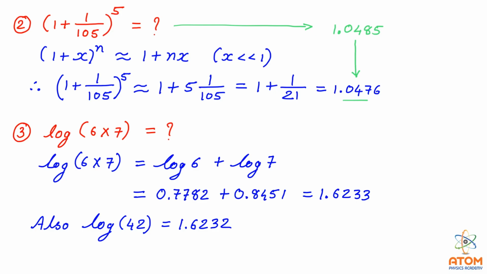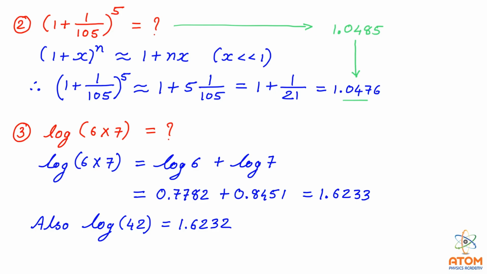But still, when we are solving any physics numerical and if we get this type of term, then it is better to go with this binomial theorem instead of going with the regular method, because by going with the regular method, when we are having a power, let us say 5 or even more than 5, then it becomes very difficult and a long process, whereas by this equation 1 plus nx, it becomes very easy to solve. So solving such type of terms with binomial theorem becomes very easy.